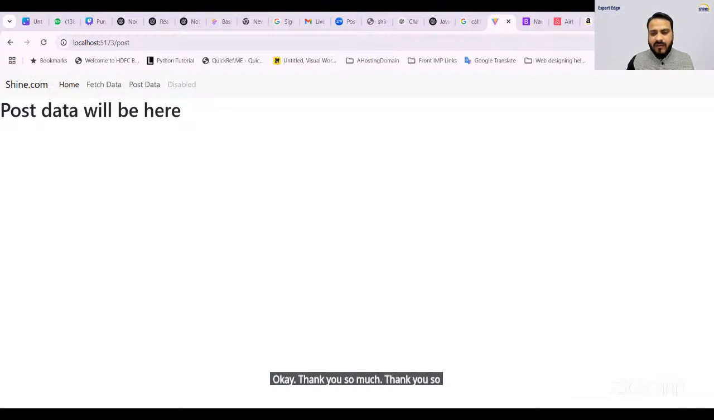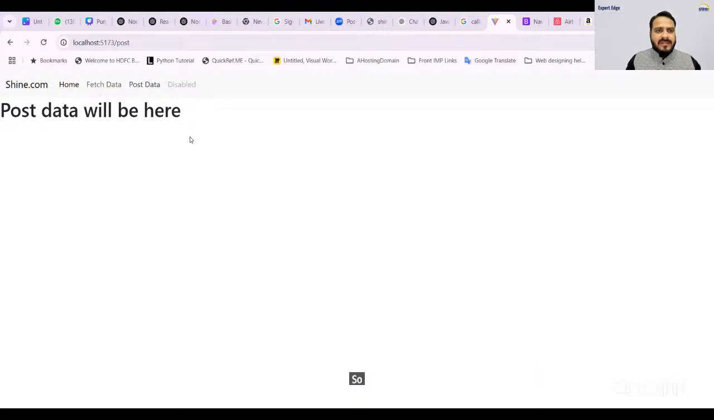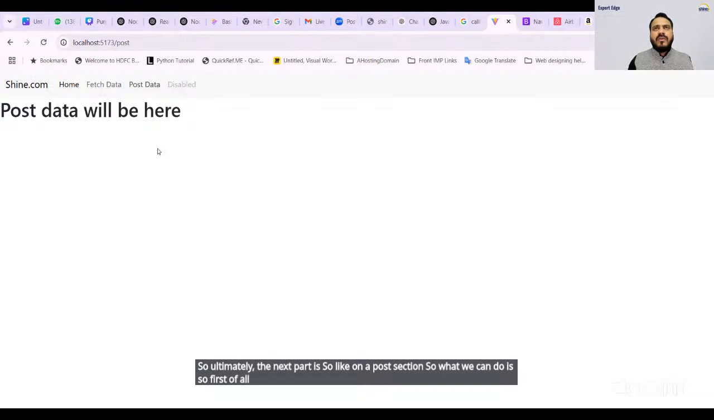And now what we can do is add more sections over there. So ultimately, the next part is the post section. First of all, I would like to configure or fetch some data. I have to show some data, and I just want configuration of some